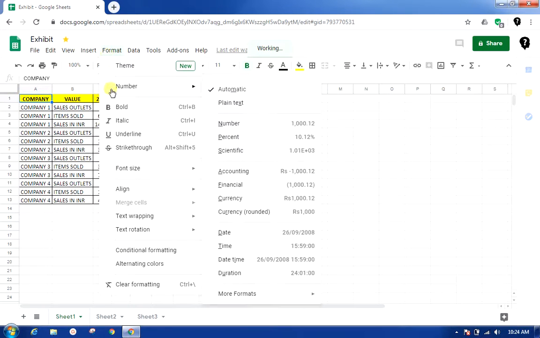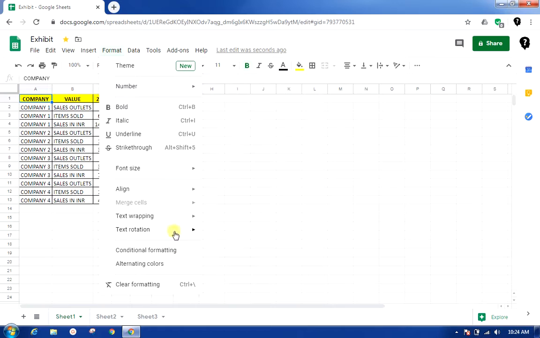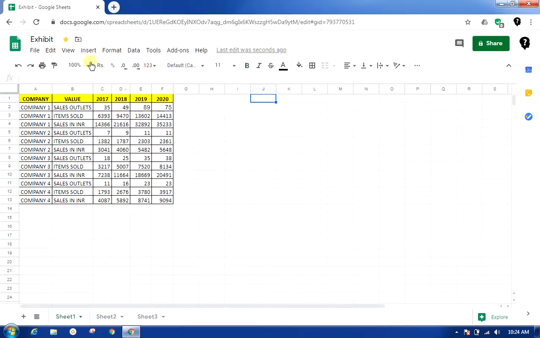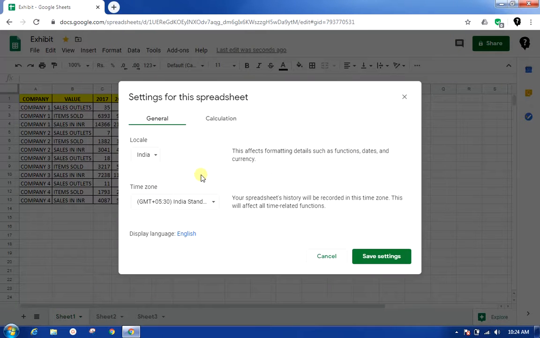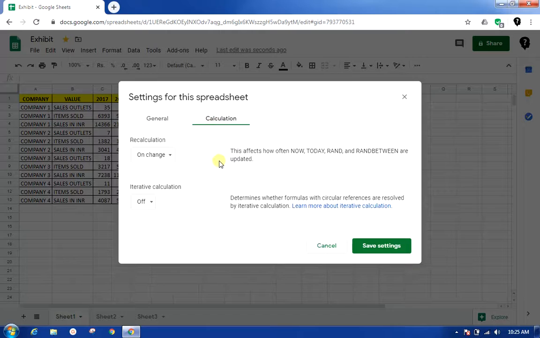Now if I go to the same thing again, I can see my currency and accounting has been reset to the rupees. And also the date format is not in MM DD YYYY format. It has been changed to DD MM YYYY. So this is how it works, and this is applicable to all the functions and the formats that are dependent on a particular geography. Okay.